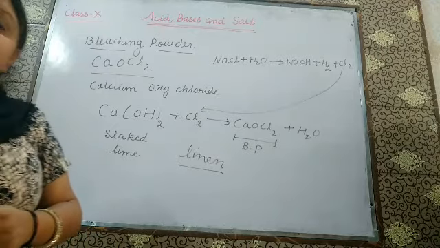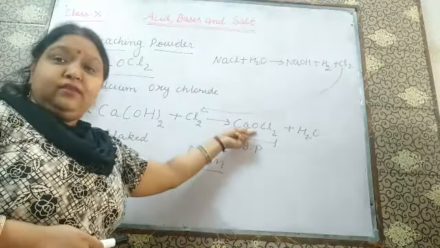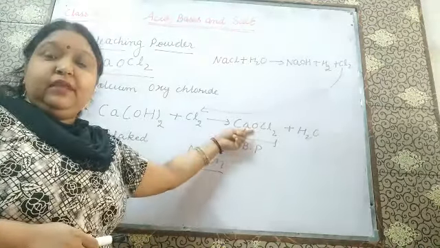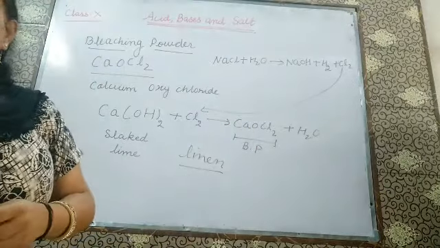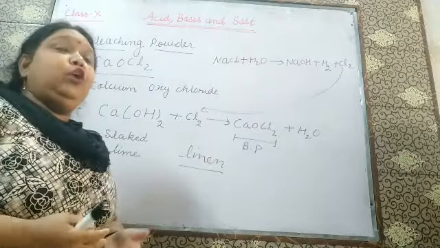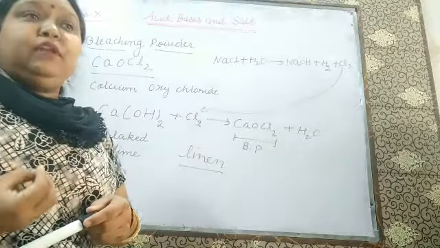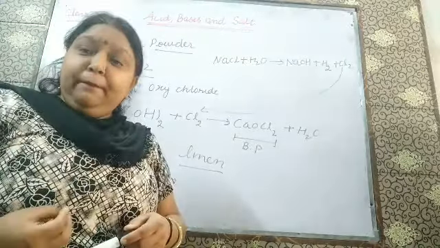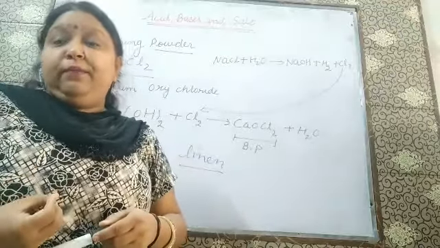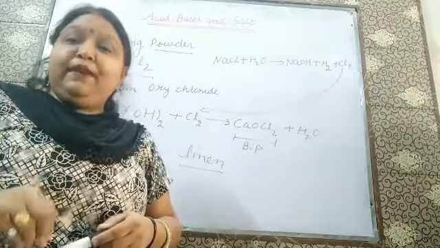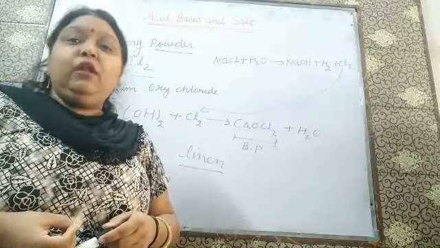Second use is as an oxidizing agent in labs. As you know that it contains oxygen, it will act as an oxidizing agent. It will supply oxygen to another compound, isn't it? Then for making drinking water germ free. You must have seen sometimes when the supply water reaches our home, it contains some white bubbles coming along with the water. What are those white bubbles? The white bubbles are of chlorine tablet mixed in it. To make the water germ free, we use chlorine tablets for its preparation.